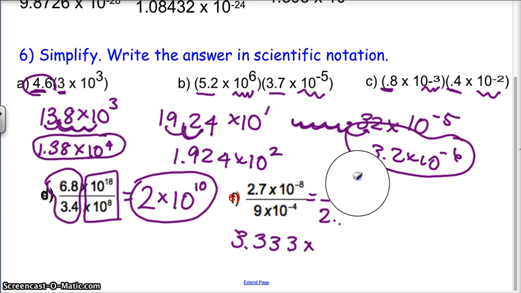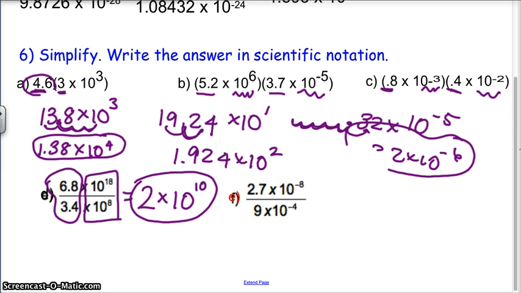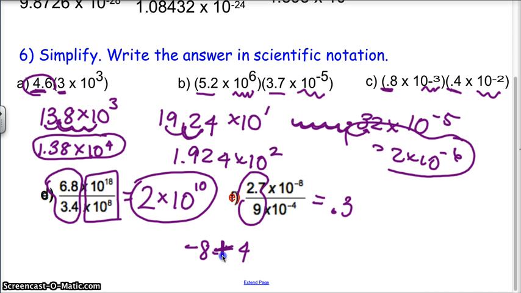All right, next one. Ignore that. I wanted to start over. All right, so let's try this. Again, grab your calculator. Your calculator can handle that division. Basic numbers. 2.7 divided by 9. I did it in my calculator and it gave me 0.3. The exponents here can be a little tricky, so hang tight. When you divide like bases, you subtract the exponents. So it's -8 minus a -4. Well, minus a negative is a positive or plus, so it's going to be times 10 to the -4th power,